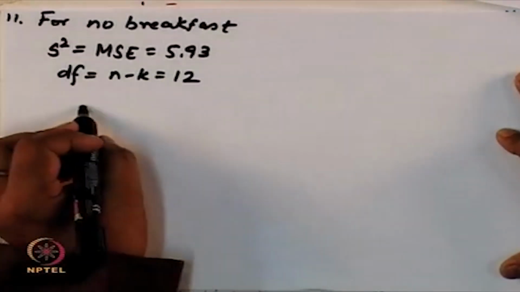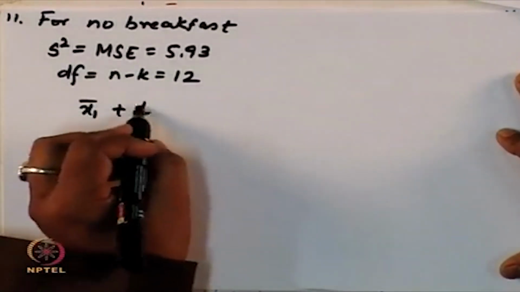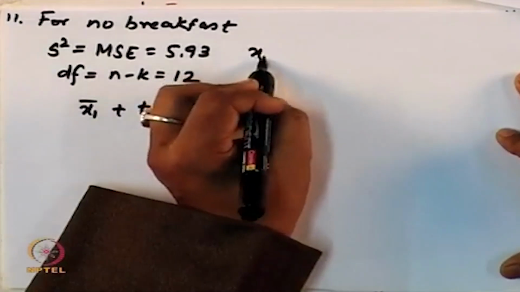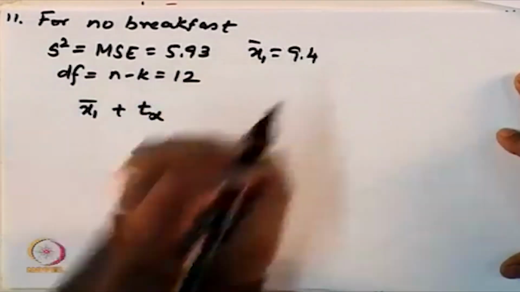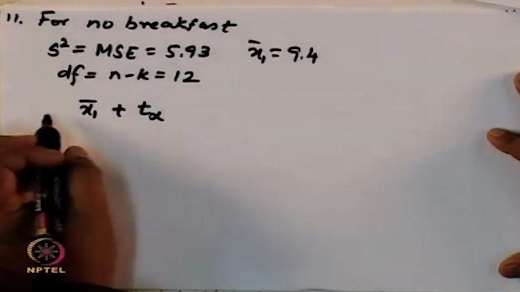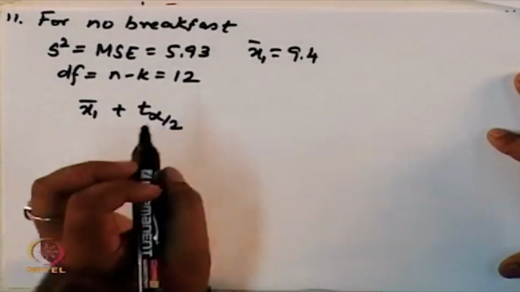So, the confidence interval becomes x1 bar plus minus t, and for this your x1 bar was 9.4. So, you can calculate the confidence interval as,